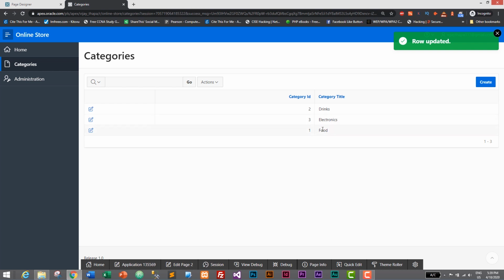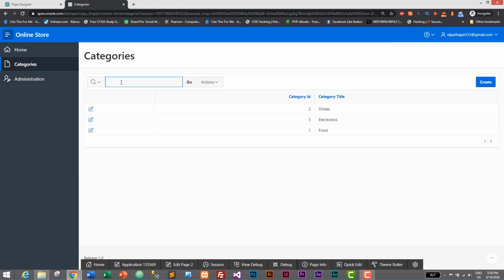This one was added using a query, and this one is updated by clicking on this icon. So this is how simply we can create a form without using any programming or code. This was automatically generated by Oracle Apex.